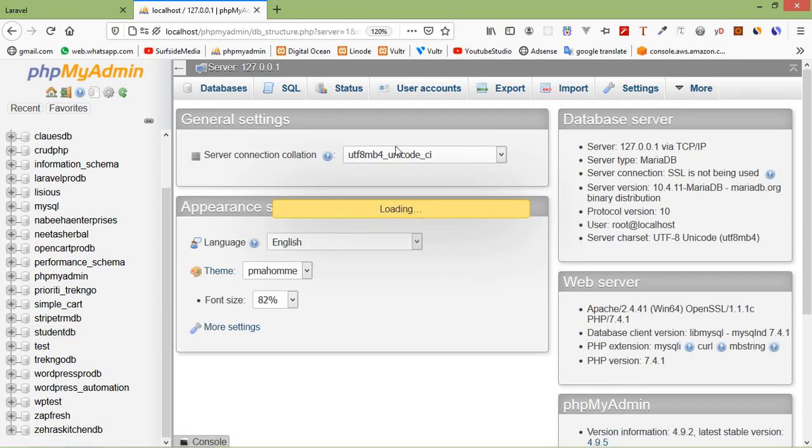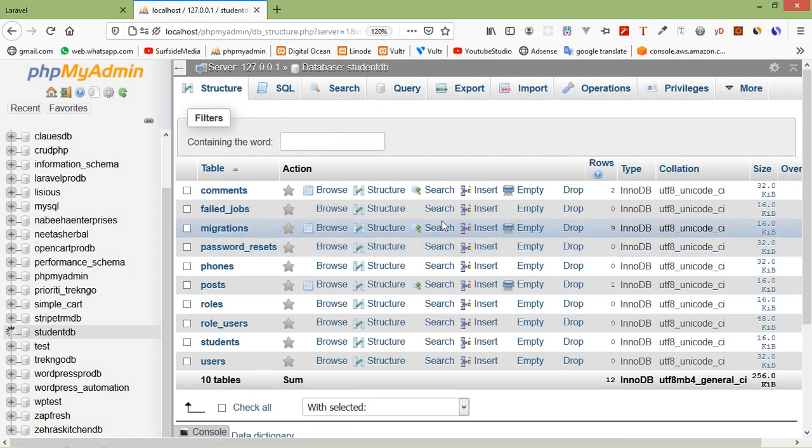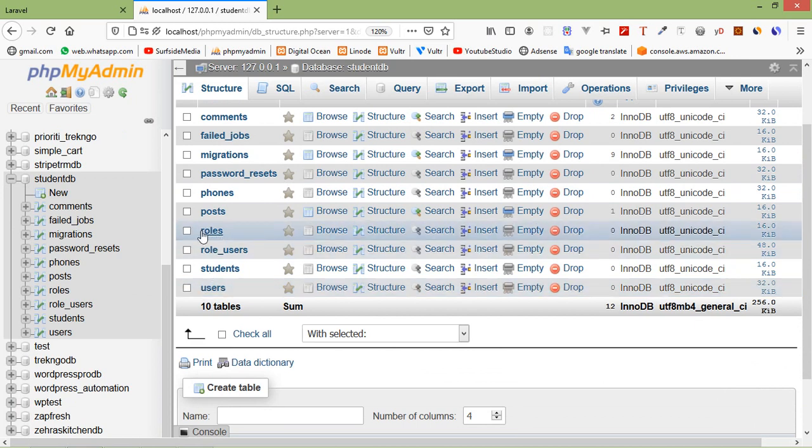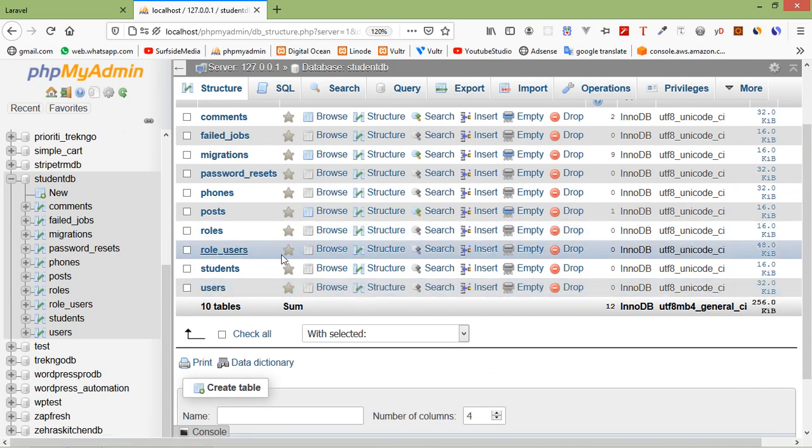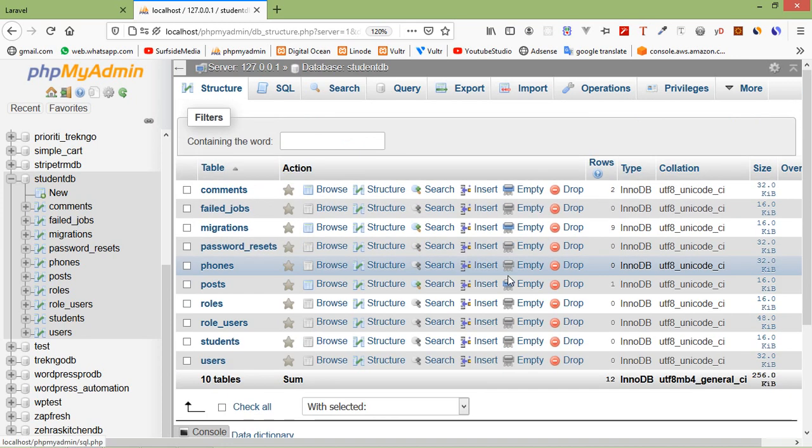Just open this database, and here you can see the roles table and role users table. Okay, this is the user table. All right,